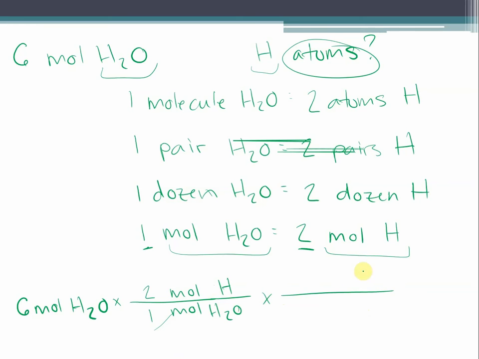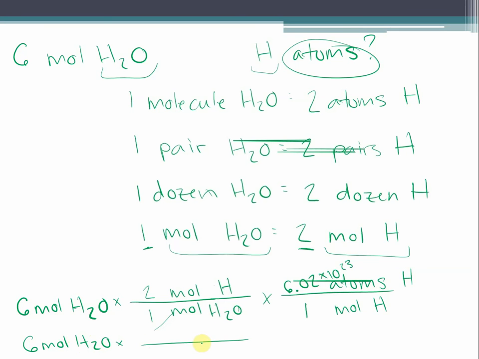What goes up must come down. Moles of hydrogen in the bottom, atoms of hydrogen in the top. And just like any other thing, in 1 mole of hydrogen atoms, there are 6.02 times 10 to the 23rd atoms of hydrogen. And I will complete this math just like normal. It's going to get you to the same place, regardless of whether you do it this way or you work it the other way of 6 moles of water